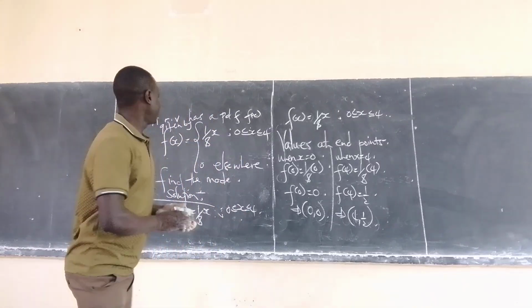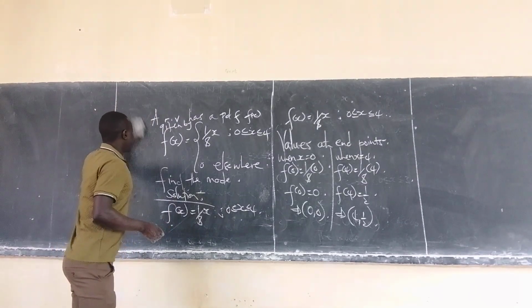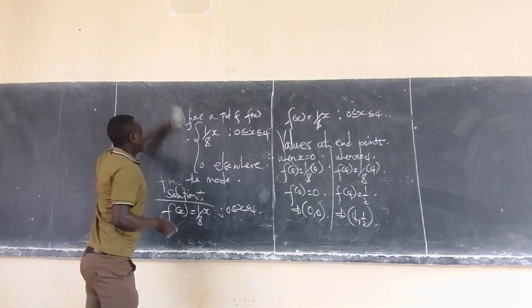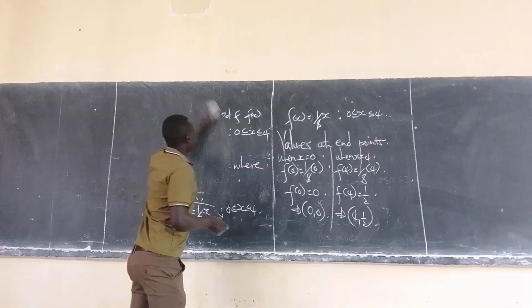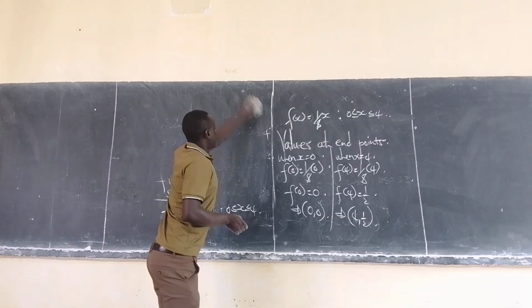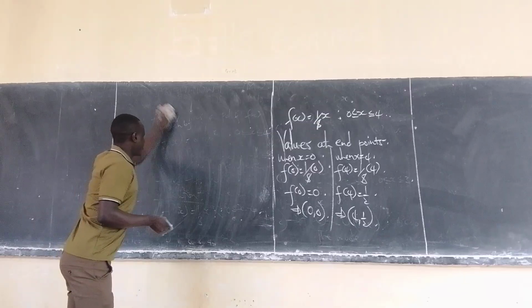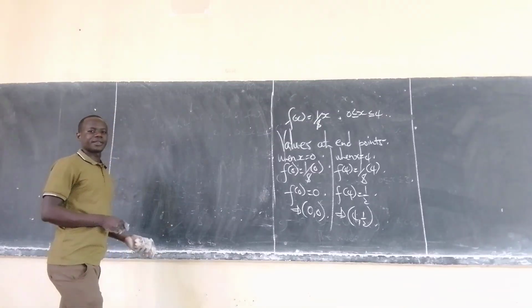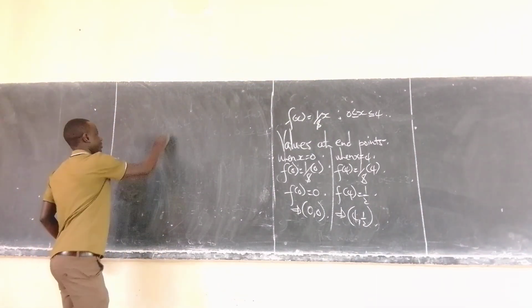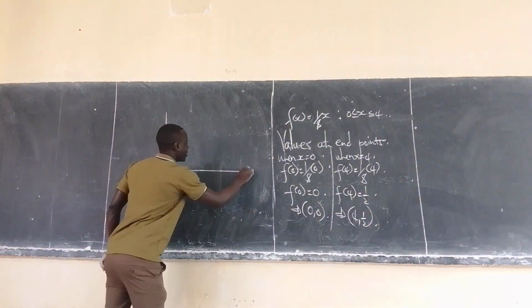linear PDF. So if we sketch, in the sketch you create an impression that you are drawing the PDF on scale. So in our graph, this is now